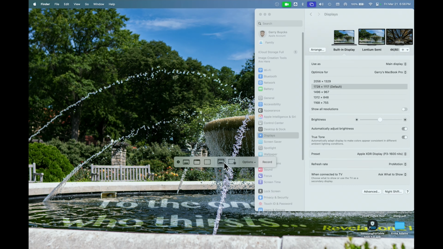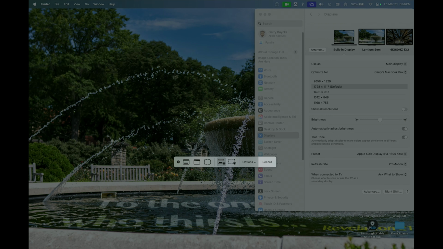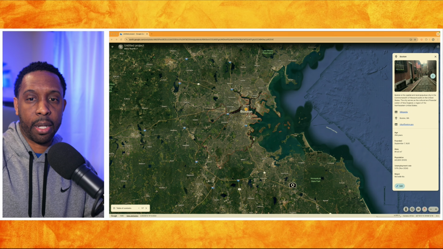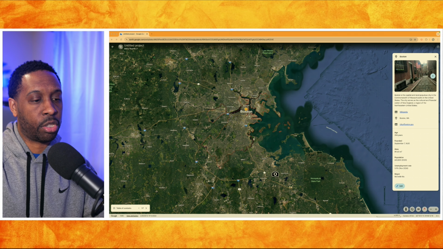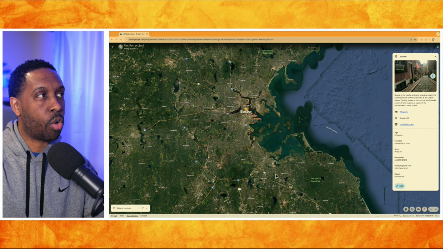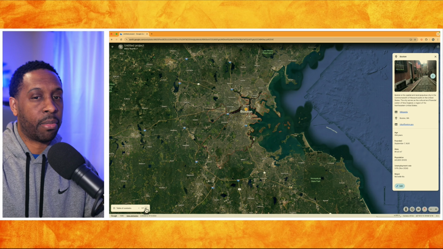And then I've got it set to record the entire screen. You can pick a certain section of your screen if you wanted to, but I just do the entire screen to keep it simple. And then when I select up here, when I go back and I pick up here with my mouse, it turns into a camera, and I simply click that, and it's actually recording. And so I'm in my slideshow, and now all I do now, since it's recording, is I just click the little arrow on the bottom left here,